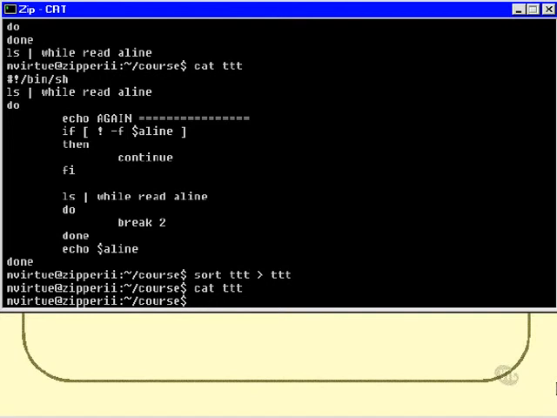And the first thing it looks at is the very last greater than sign on the line. It says, aha, whatever program we're about to run, the output is going to be sent to a file called ttt. So what I have to do first is prepare ttt to receive the output of the program, whatever program is going to run. If there was an existing file called ttt, I'll just erase it. Otherwise, I'll create a brand new file